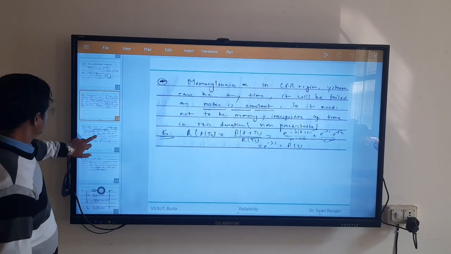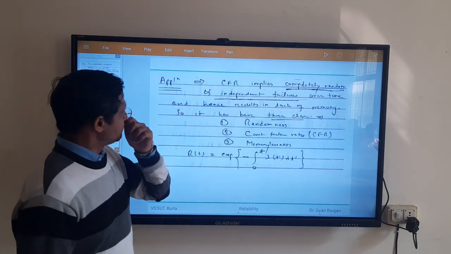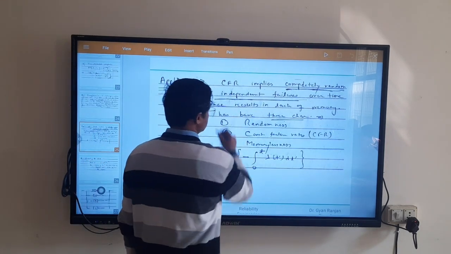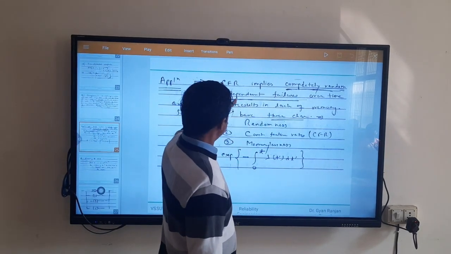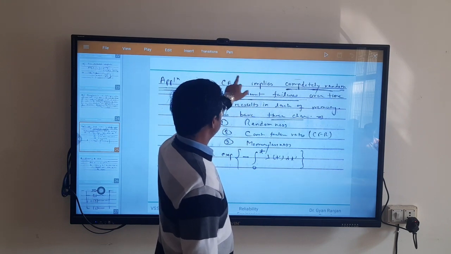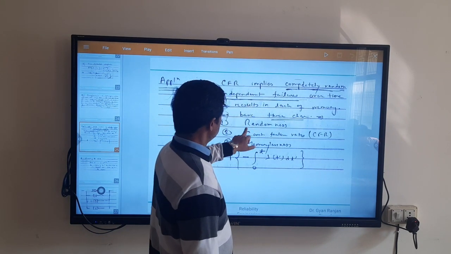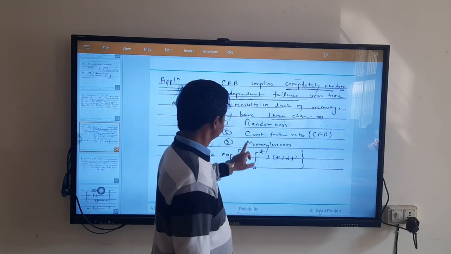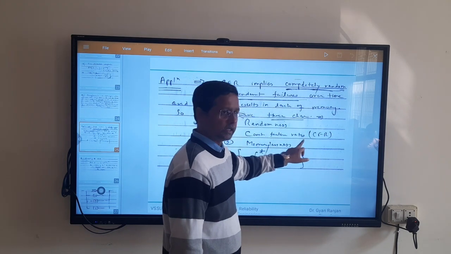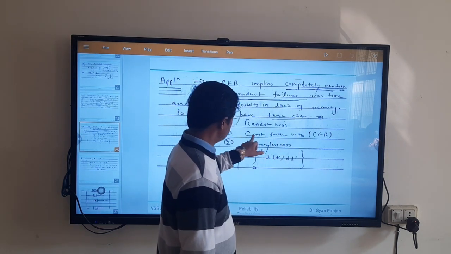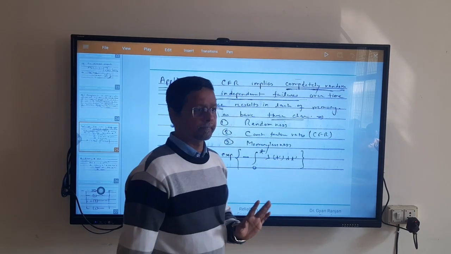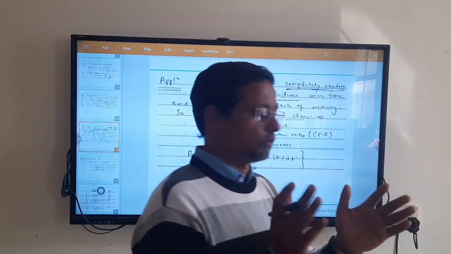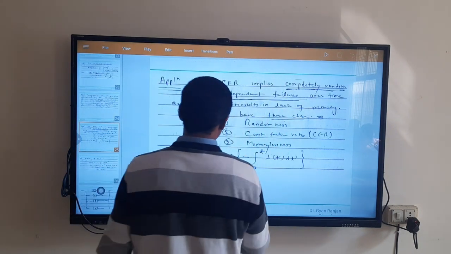Fine. Any doubt? See one of the applications. Anything you can suggest? These are certain characteristics you can say. We understand that anything over the CFR, wherever you apply it, will have an exposure of randomness, an exposure of constant failure rate, and therefore an exposure of memorylessness. ठीक है? So now for that definite period, if you want to calculate, you can calculate the R(t) in terms of this.